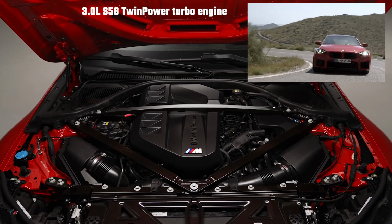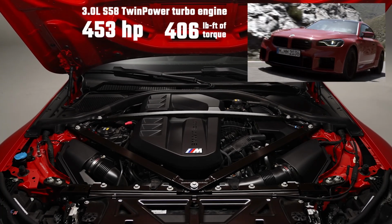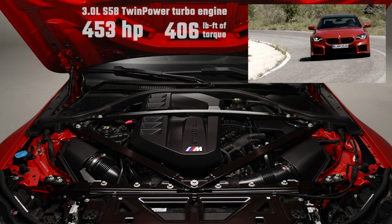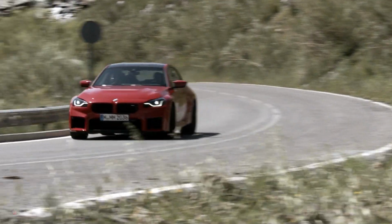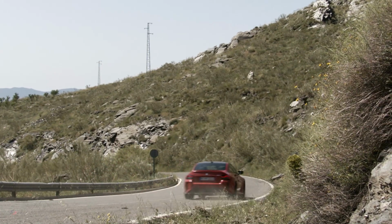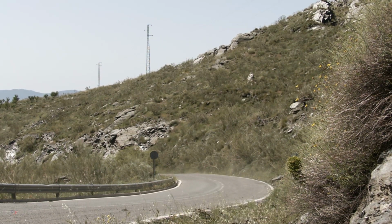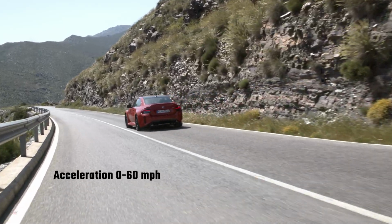With 453 horsepower at 6,250 RPM, the S58 engine outguns the unit in its predecessor by 48 horsepower. It combines the latest M twin-power turbo technology with the high-revving character drivers have come to expect of an M car. The engine's peak torque of 406 pound-feet is produced between